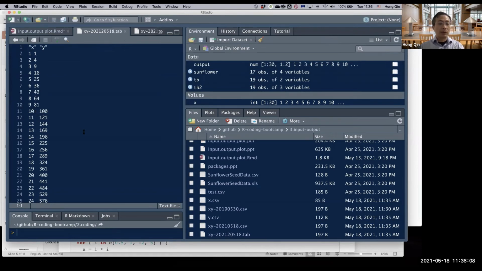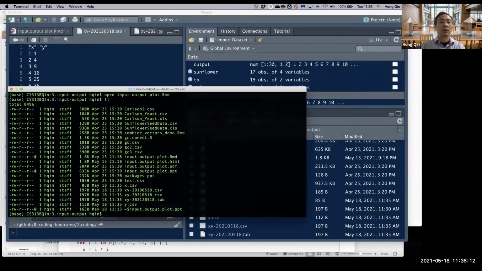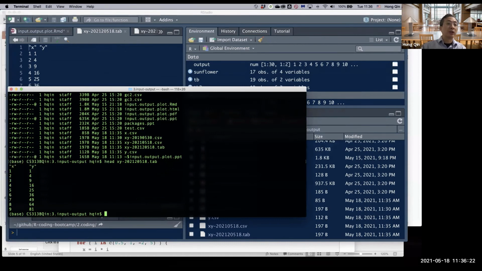It's actually easier to see this on the terminal. So if we look at the tab information there, it is separated by a tab. This is almost like when you write a Word document, the first sentence you tab it. But otherwise, if you look at the CSV file,